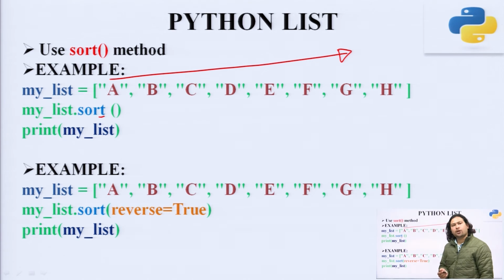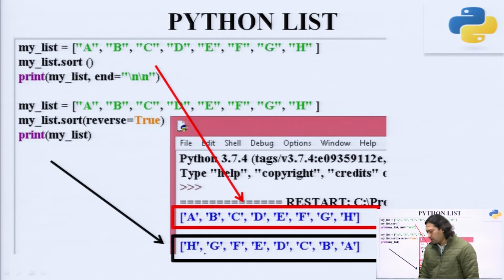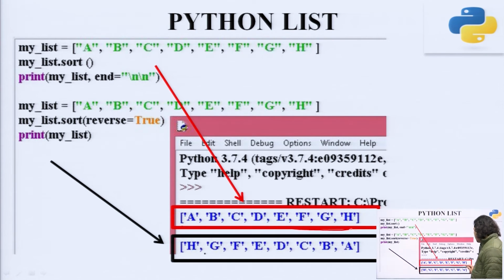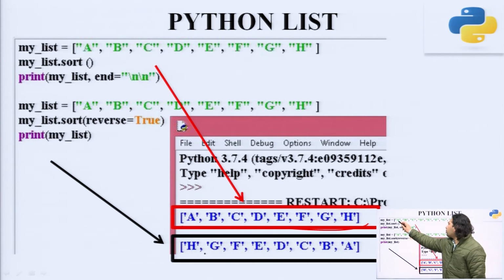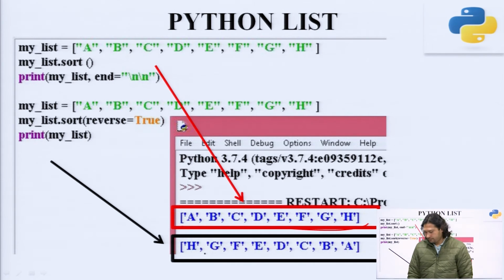By default in the sort method, the order is ascending, but if you want the reverse order, you can go for it by putting a parameter known as reverse as true. Once you put this reverse as true, the answer is the reverse order of this whole sequence. You can see in the first one, the order remains the same, because it is already sorted in ascending order. But in the next one it is reversed, that is from ascending to descending.